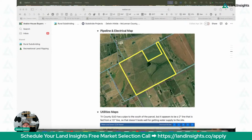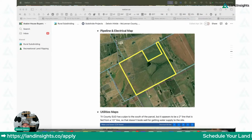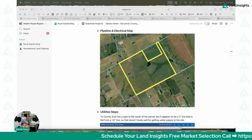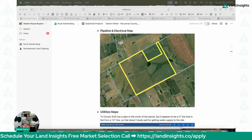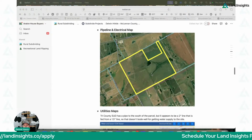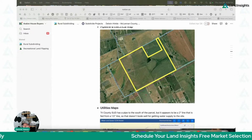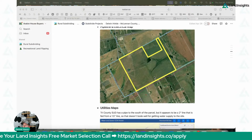So we came in here and said, let's break it down. We really like the property. We like the double-sided road frontage. We see there's surface water here and here, and also on some of these other parcels, so we're probably good for wells. And it looks like there are houses, and these houses have utilities. They're private utilities. I'll show you how we found all that. But they were there, they existed. So we're like, okay, great. We have water. We have everything we really need. We have double-sided road frontage. We could easily subdivide this and make a nice little